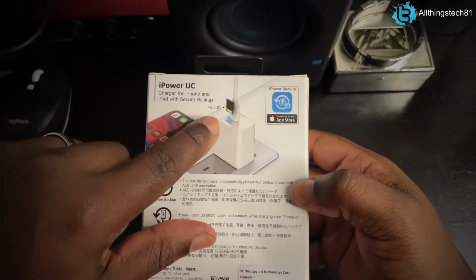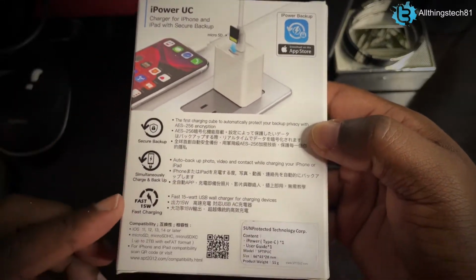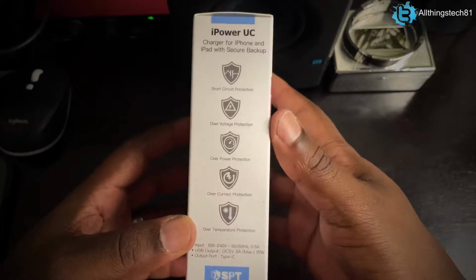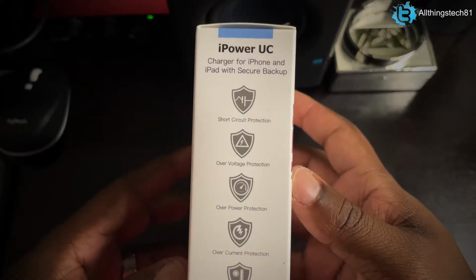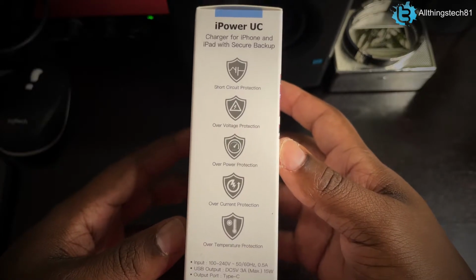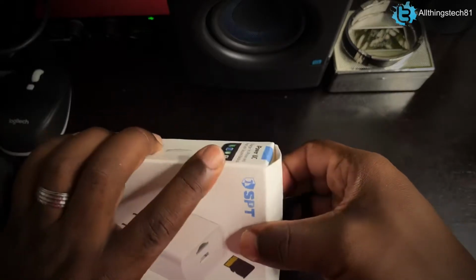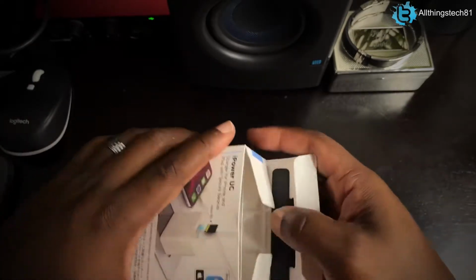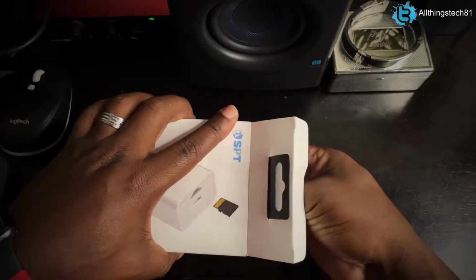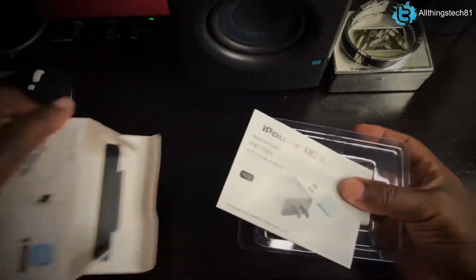So you plug it in, put your chip in just like that, and just some more verbiage right here. 15 watt fast charging is what it says. Short circuit protection, over voltage protection, over power protection, over current protection, and so forth and so on. So let's just go ahead and get this thing popped open so we can see how this thing actually works. So first and foremost, you take that out,